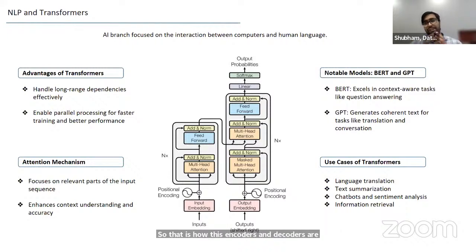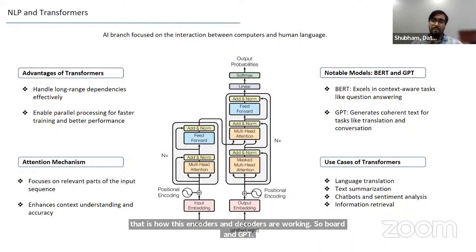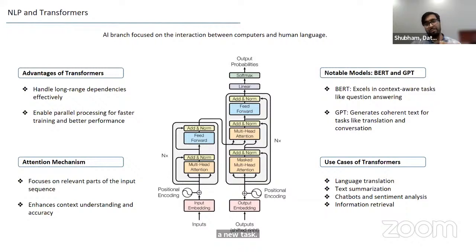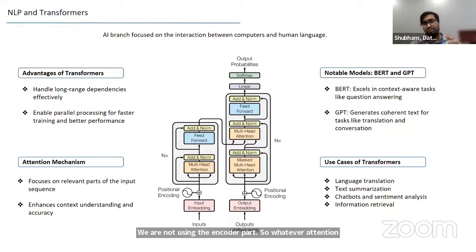So BERT and GPT are two different classes of algorithms. BERT is purely encoder based. There is no decoder part in BERT. Initially, in the 2010s, more research was happening in learning a better representation so that the understanding becomes better and better. Now, since the generative field is picking up, scientists have recognized that the decoder part can be a better technique to understand the text as well as generate new text. This is a new field that is coming up very rapidly. In generative GPTs, we are just using the decoder part. We are not using the encoder part. So whatever attention we are learning is through the previous tokens that we have already